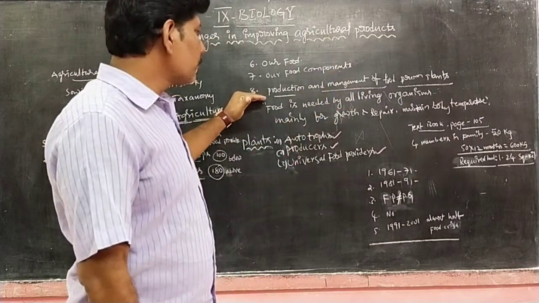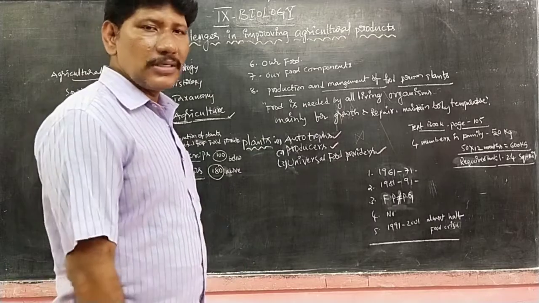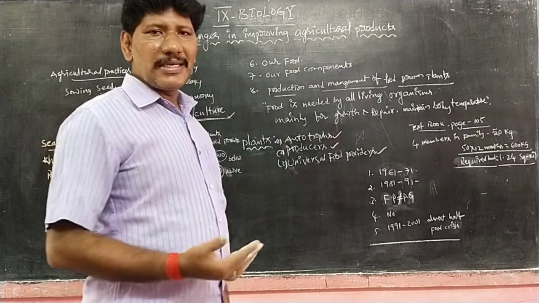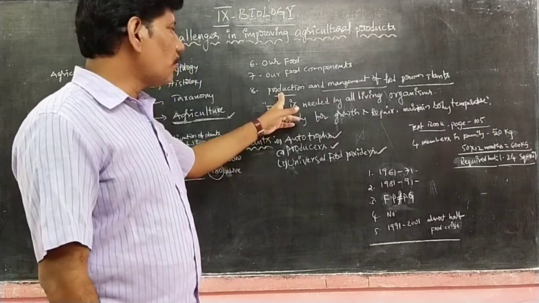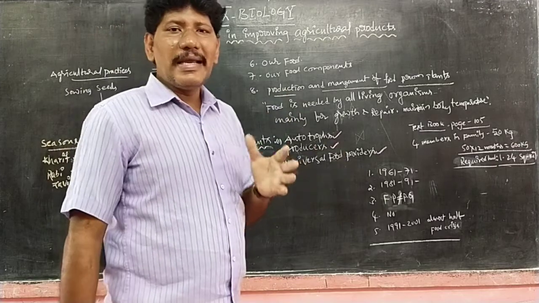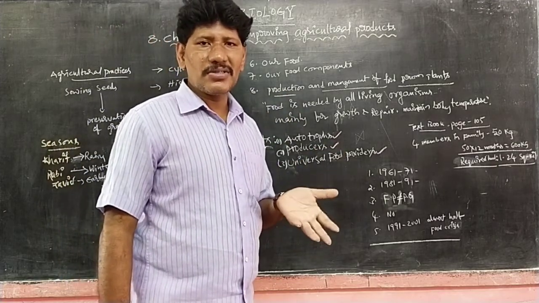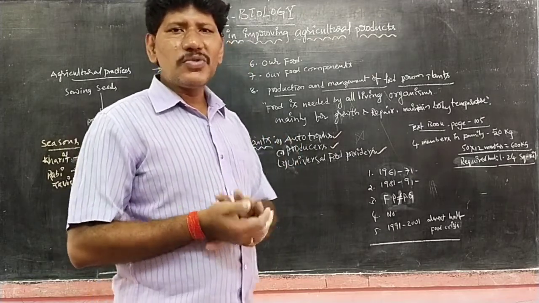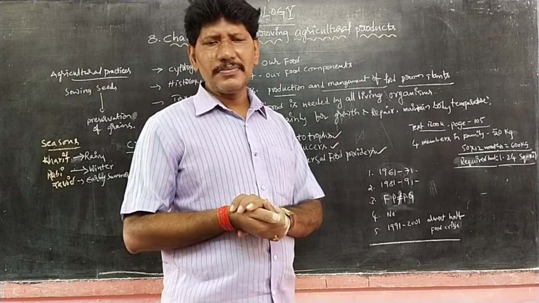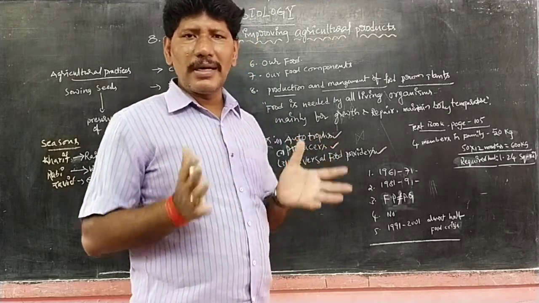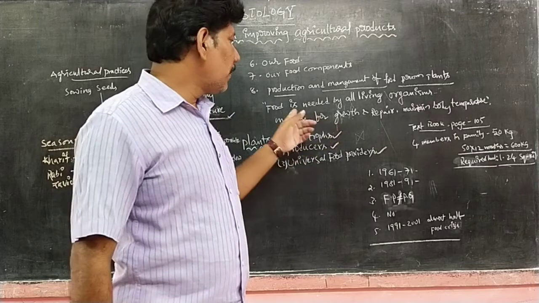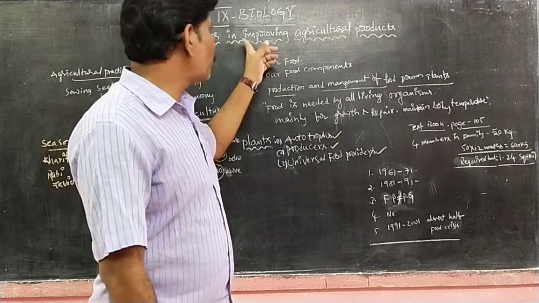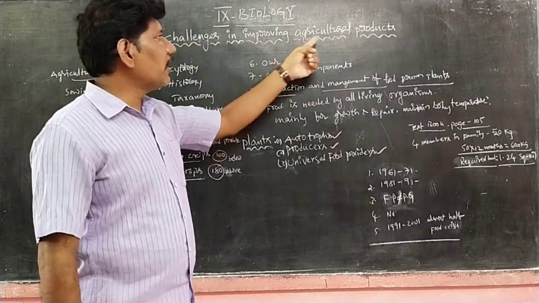In 8th class, the 8th chapter, we already discussed the production and management of food from plants. Without proper management techniques, we can't get a sufficient amount of production. So how do we get a high yield? That is a big task. Why? Because day by day the population is increasing, and overpopulation causes a food crisis. So how do we meet the demand of the global food crisis? By increasing food production. So how is it addressed? That is the question. That is the lesson on challenges in improving agricultural products.